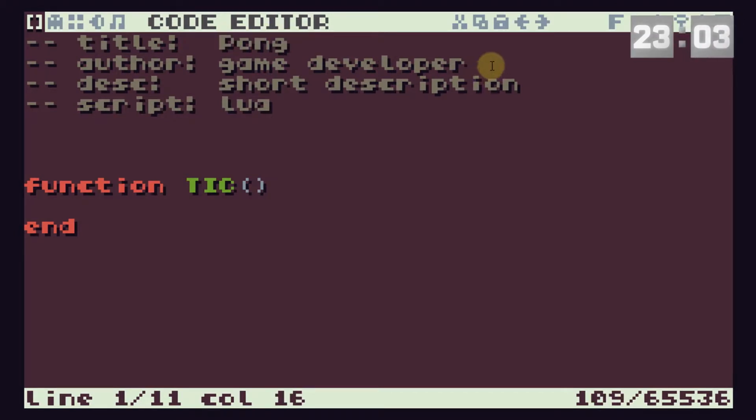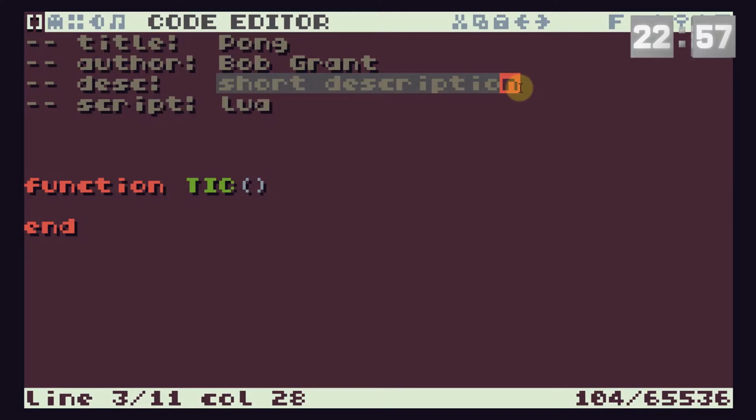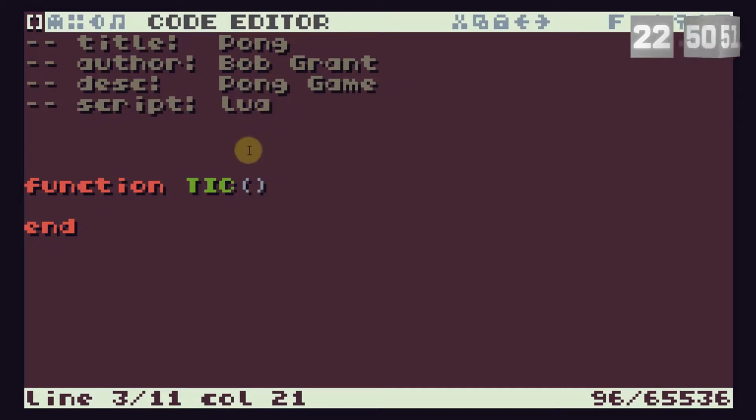So this game is going to be called Pong, and the developer is me. Again, you can put your own name in there. And it's just a Pong game. And it's written in a coding language called Lua. Okay, so when we go through on the real programming course, you'll learn all about these ideas,